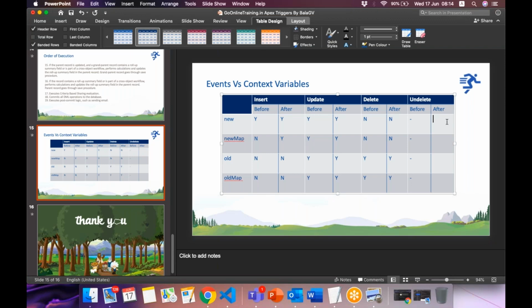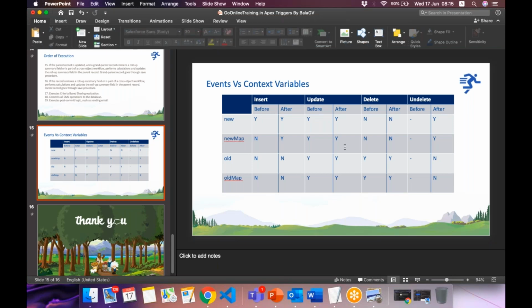And after undelete means retrieving the data from the recycle bin, right? So Salesforce will consider it as a new record. Okay. So you might ask, it's an already existing record in the database, but it's moved to some temporary database, and can't it come back with the same reference? 100% no. That's why this acts like new. So new version of the record is there, no old version. Okay.